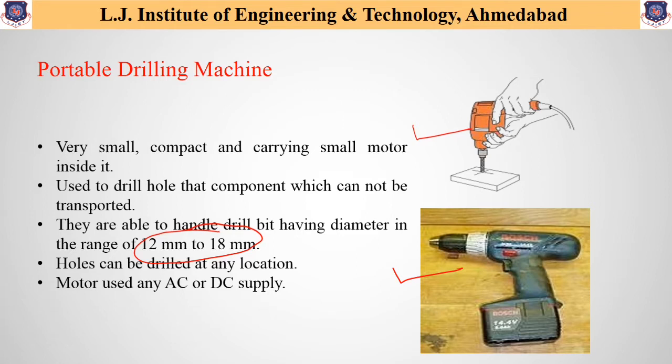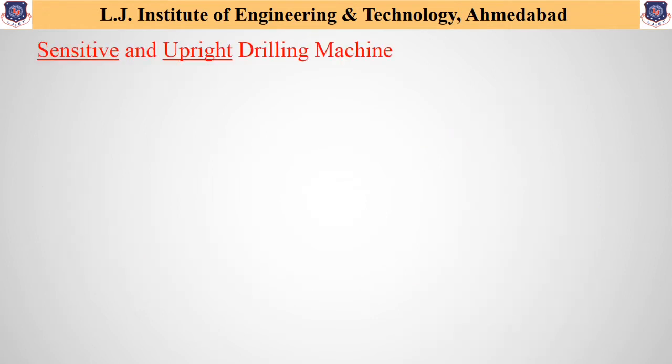Now the next machines are the sensitive drilling machine and the upright drilling machine. As we discussed in our previous lecture, the sensitive and upright drilling machines are both similar, but the upright drilling machine is comparatively larger in size than the sensitive drilling machine. That means the upright drilling machine can handle larger size workpieces compared to the sensitive drilling machine. So if we see a simple